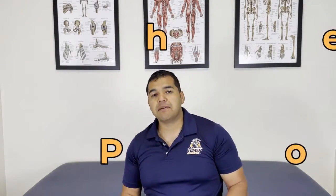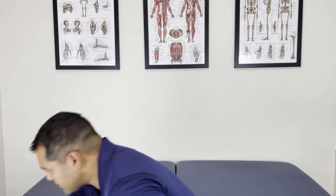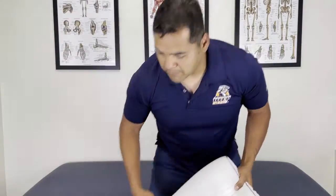Now, speaking of sleep, the next tip that I highly recommend is finding the best sleep position for your knees. Oftentimes people get much discomfort with finding the best sleeping position at night. They can't have their legs straight or bent, or lying on their side hurts their knees or their hips. Let me show you what you should be doing. If you go to your bed and grab a pillow,